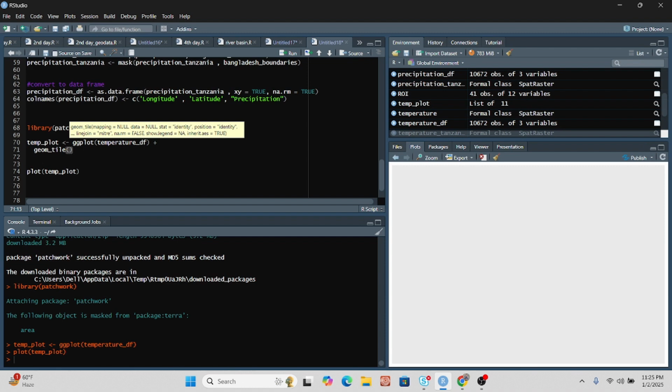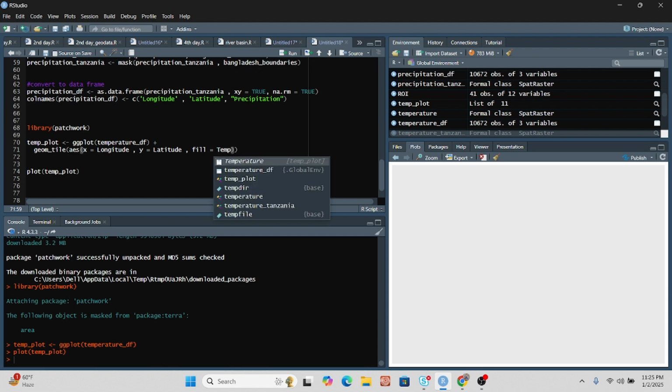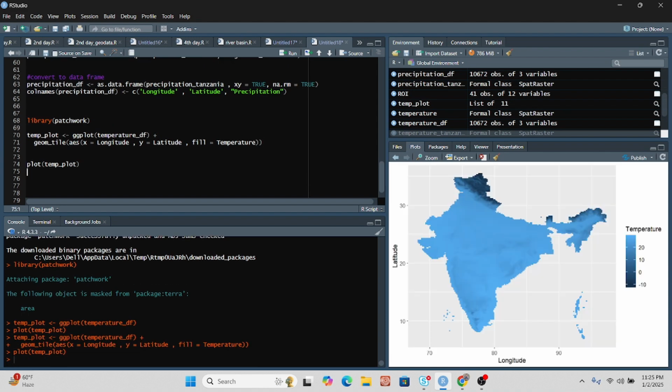In the geom_tile, we put here aes and mention x equal longitude and y equal latitude and fill equal temperature. So now run the code and also try to plot. We find out this type of